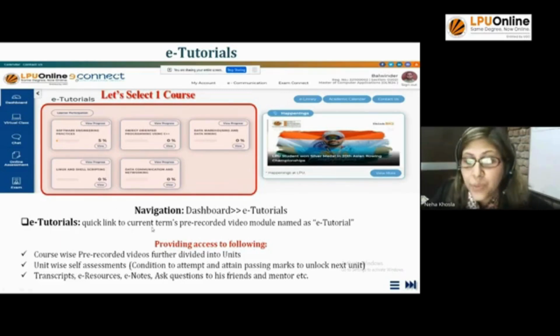This is the quick link to current term's pre-recorded video module named as e-tutorial। और इसमें क्या क्या cover होगा, आपको कौन कौन से features मिलेंगे। आपका जो pre-recorded videos हैं, these are further divided into the units, followed by the self-assessment। और क्या होगा? Transcripts, e-resources, e-notes, ask a question with your mentor or friend। आपको इसके ऊपर एक tile पे click करना है।